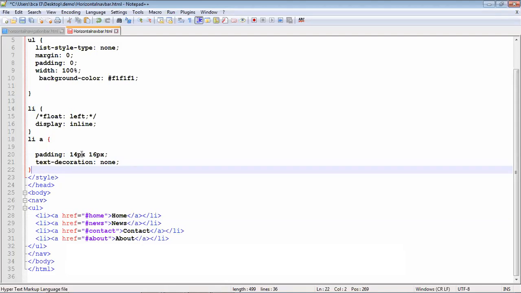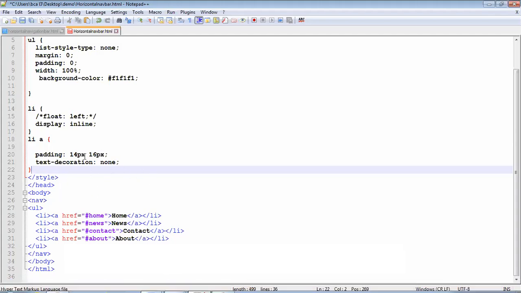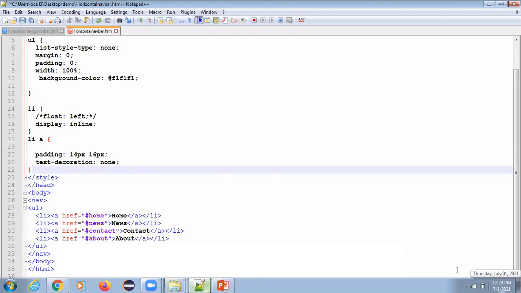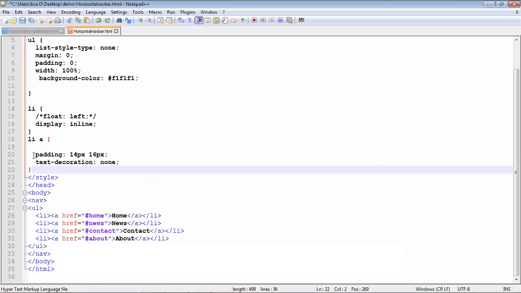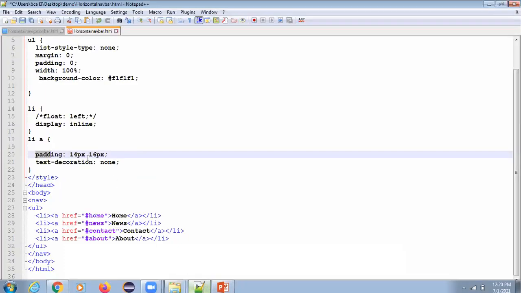Padding is equal to 14 pixel and 16 pixel. Inside the list we have the anchor tag, and in the anchor tag we are giving padding 14 pixel and 16 pixel.